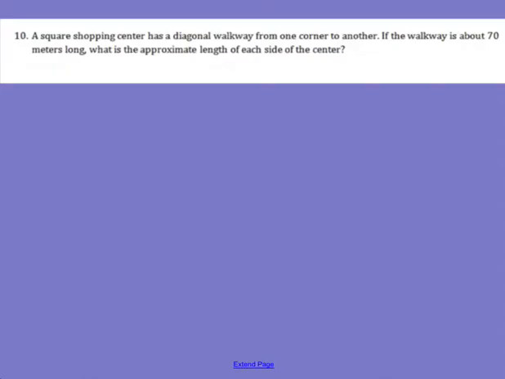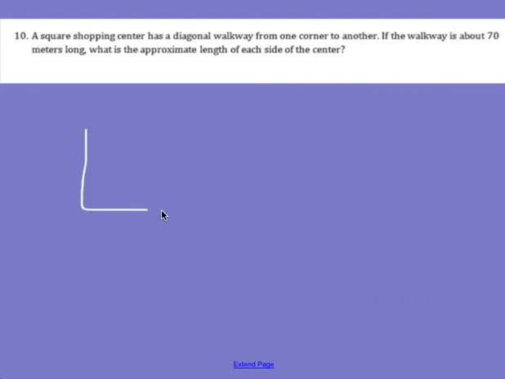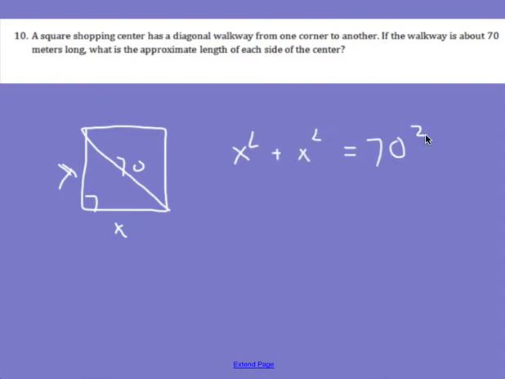Let's take a look at this one. A square shopping center has a diagonal walkway from one corner to the other. If the walkway is about 70 meters long, what is the approximate length of each side? So here's our square shopping center. We have a diagonal cutting down that's 70. Since it's square, I know that both of these sides are the same length, and likewise, I have a right angle. Now, I don't happen to know either of my legs, but since both of my legs are the same length, I can use the Pythagorean theorem: x squared plus x squared is equal to 70 squared. So then I get 2x squared is equal to